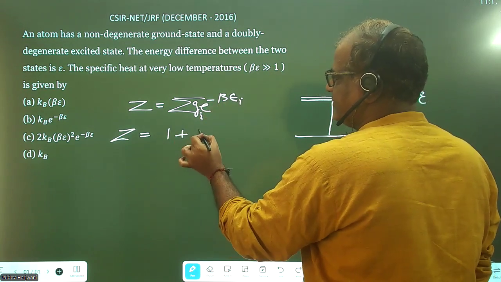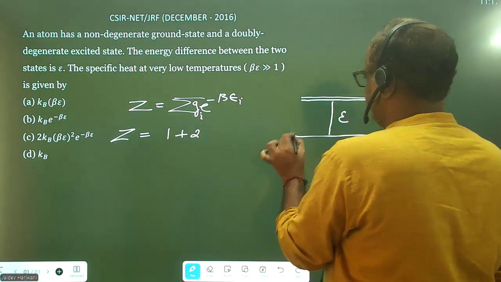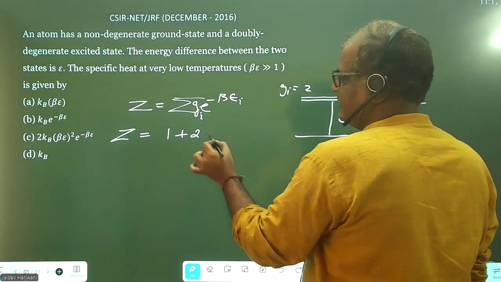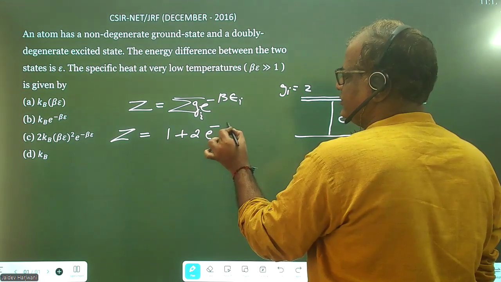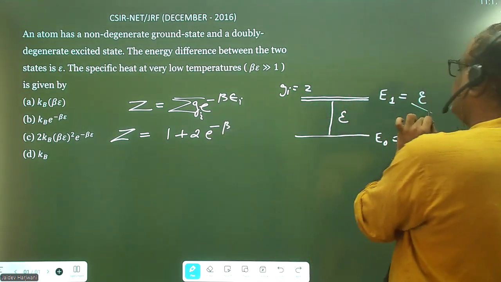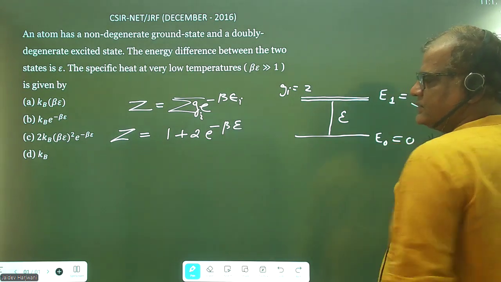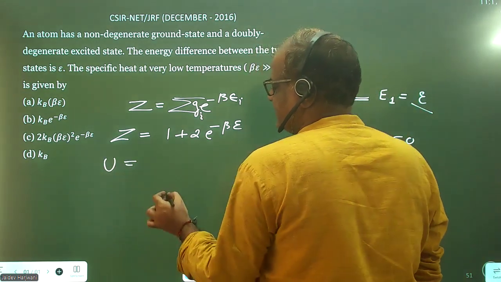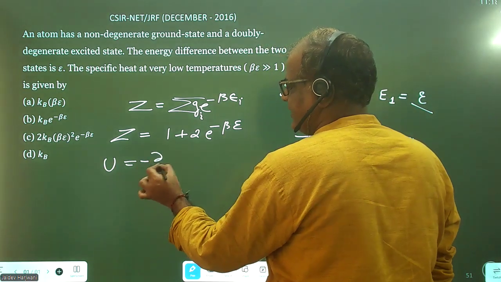And for the first excited state g_i is 2, and beta times energy is beta E. So this becomes Z, and now I can find the average internal energy, that is minus del upon del beta of ln Z,